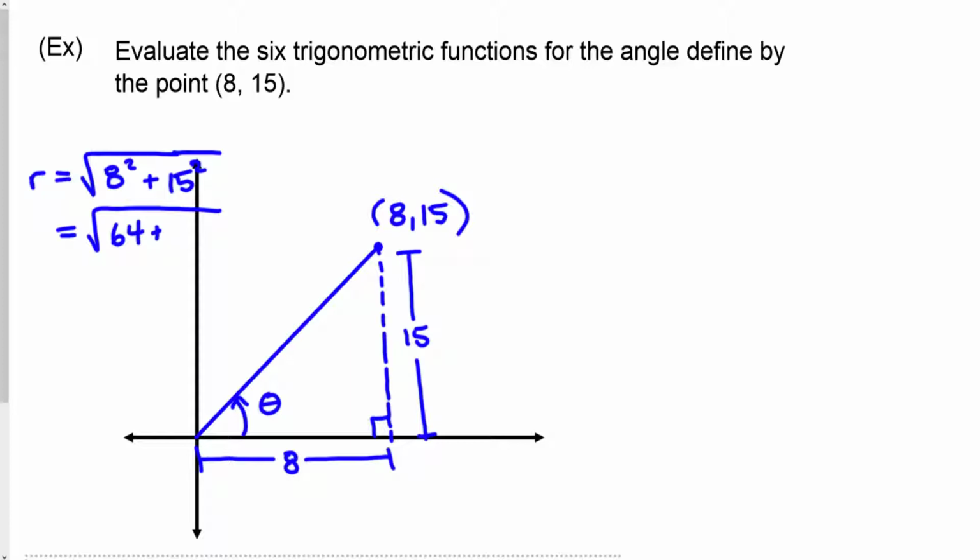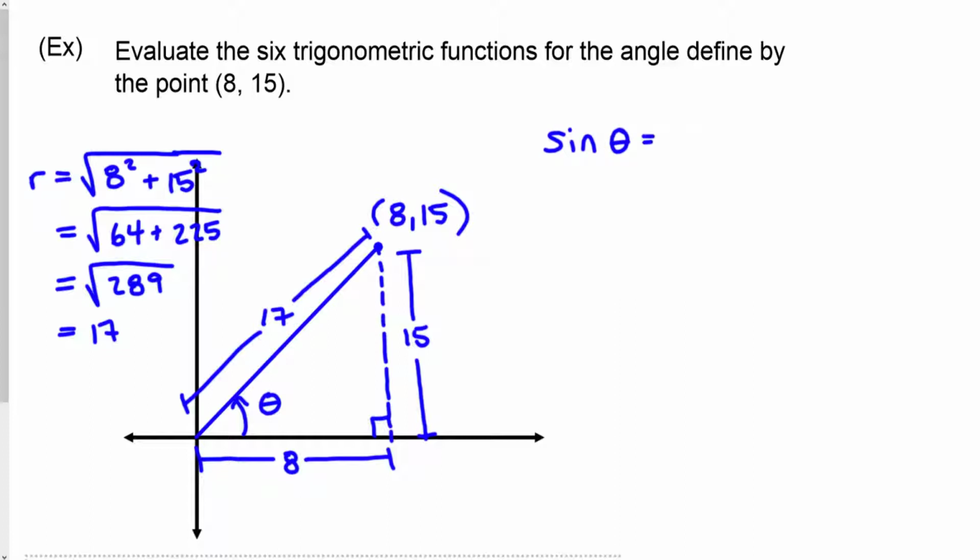15 squared, grab your calculator if you're not sure. That's fine, it's 225. These add up to 289. And this, if you take the square root of, you'll find is exactly 17. So this distance this way is 17 units. When I calculate